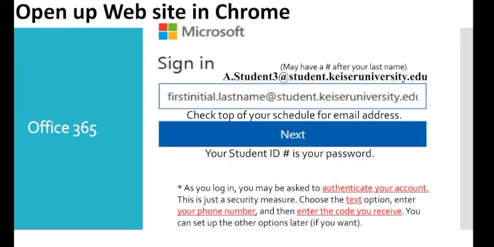This is going to bring you to your email login screen. Your email address is going to be your student email address that was provided to you by your admissions counselor, and it usually is your first initial dot last name. You might have a number after your last name, for example, c.smith7 at student.keiseruniversity.edu. You want to make sure that you put in your entire email address. So again, that's going to be your first initial dot last name at student.keiseruniversity.edu. Your student ID number is going to be your password, and that number should be on your schedule,